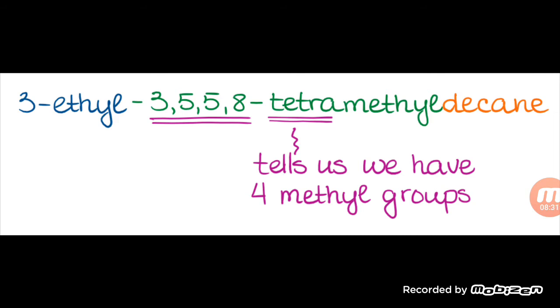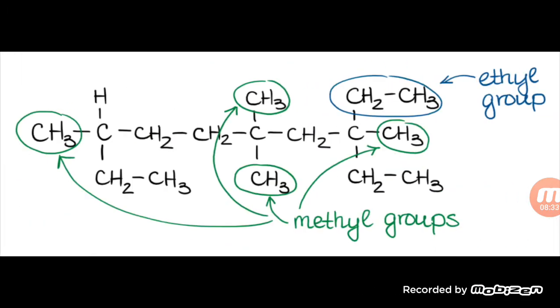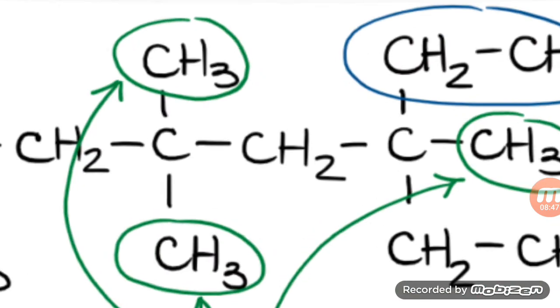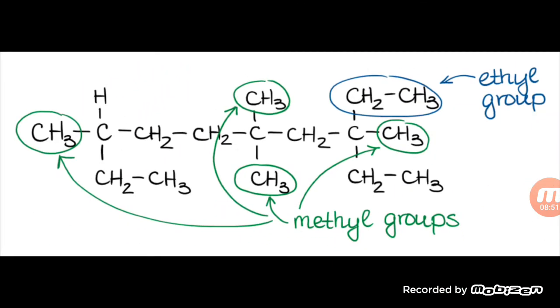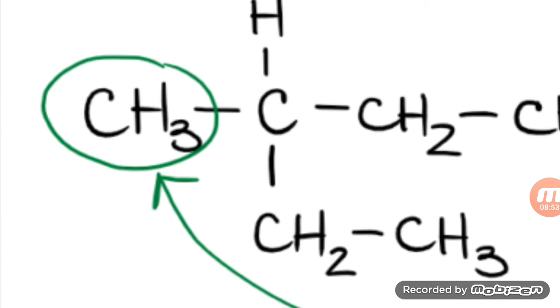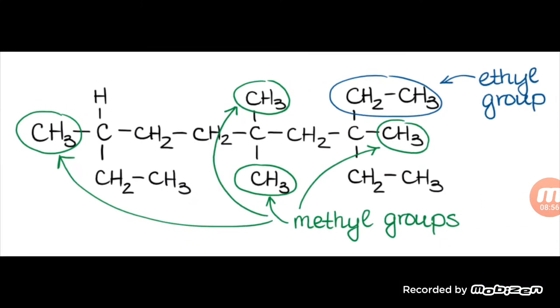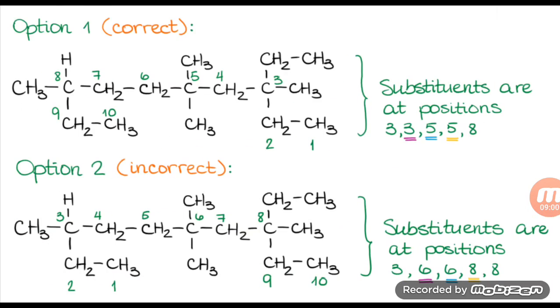Okay, there are 4 methyl groups, as I told you, now 1 2 3 4 methyl groups are present, so we will use the prefix tetra. If there were only 3 methyl groups, then we would have used what? Tri. If there were only 2 methyl groups, only these two were present, then I would call it dimethyl. And if only this was present, then I would not use any prefix like di or tri. No need. Okay, only one methyl is present.